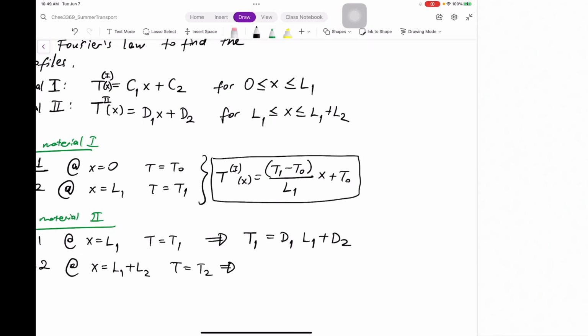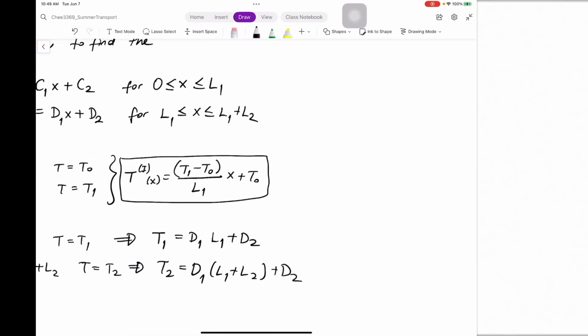And this boundary condition gives you T2 is equal to, because you're plugging in T2 here, and you're going to plug in x is equal to L1 plus L2 here, D1 times (L1 plus L2) plus D2. Two equations, two unknowns. You solve for D1 and D2,